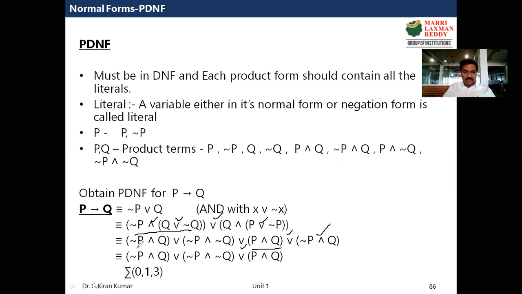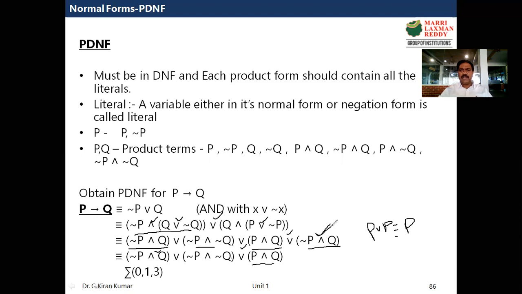Now if you observe carefully once again, this term negation of P and Q, and this is also negation of P and Q. So it is as good as P R P. So what is P R P? P R P is logically equivalent to P. So therefore, instead of taking two times, I can take only once. So therefore, negation of P and Q. Of course, second term is as it is, negation of P and negation of Q. And third term is P and Q. Okay, and this can be ignored because P R P is equivalent to P.